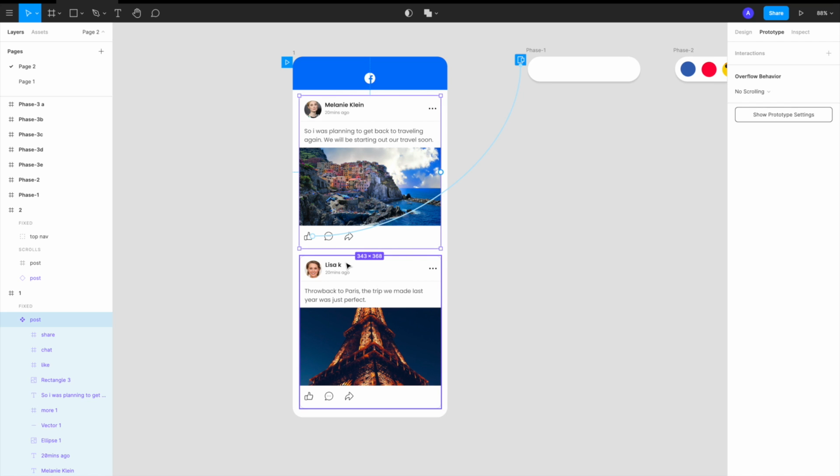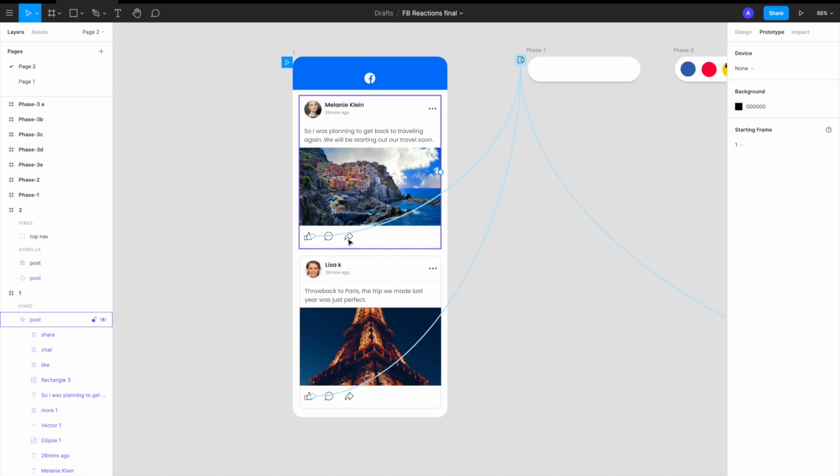All the posts have the same sort of structure, so we want this to appear on all of the posts the same way, right? So if I just link one animation to the entire main component, it will also reflect on the other instances. So it will make our job easier. So that's the benefit of creating the component.